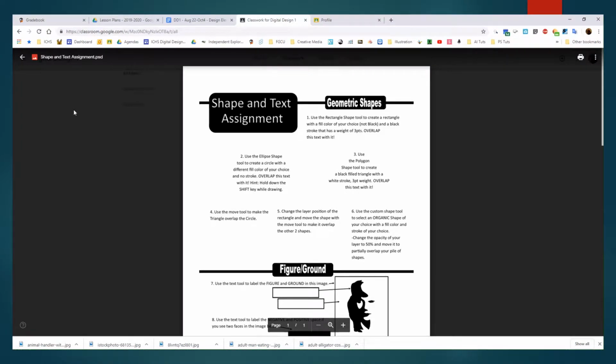Good morning, everyone. For today's lesson, we are going to focus on shape and text. And just like with our lesson on color, I'm going to show you some tools in Photoshop, and at the same time, we're going to talk about some elements of design. So the first thing that we are going to do is download the shape and text assignment Photoshop file, which